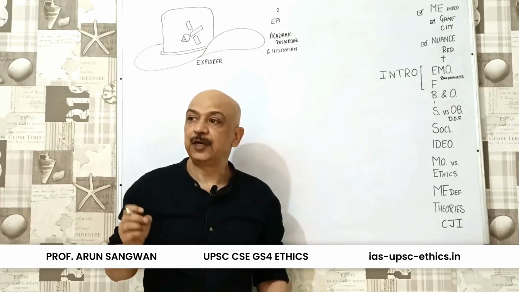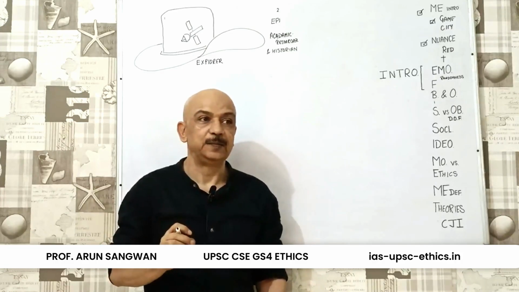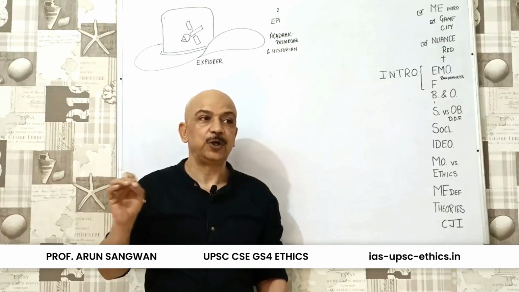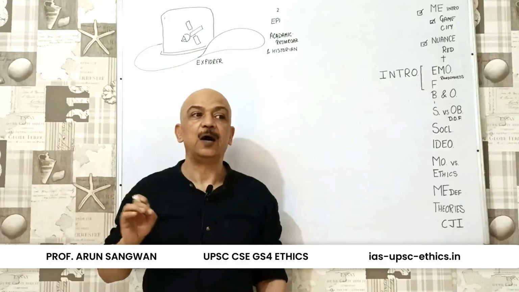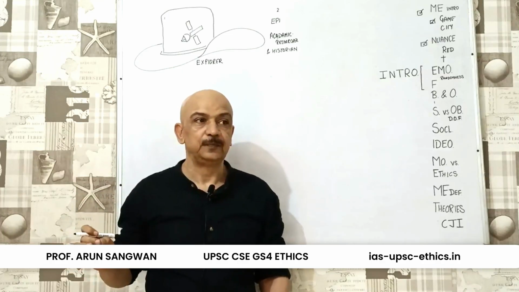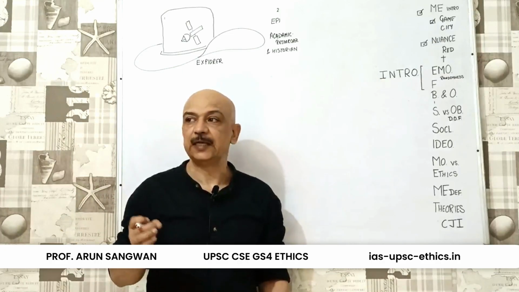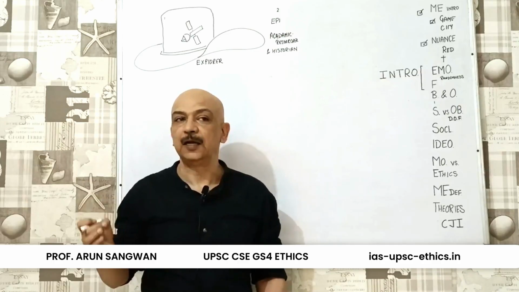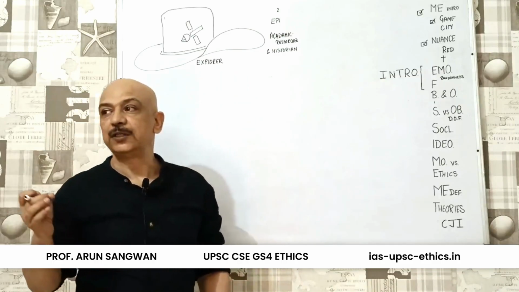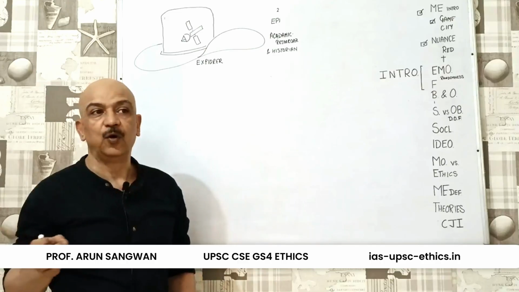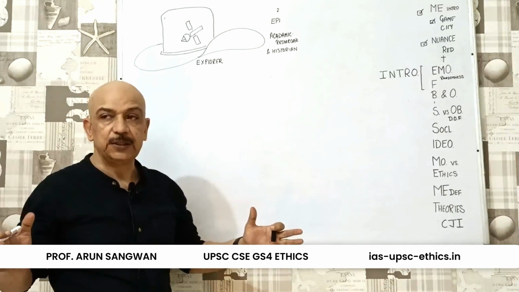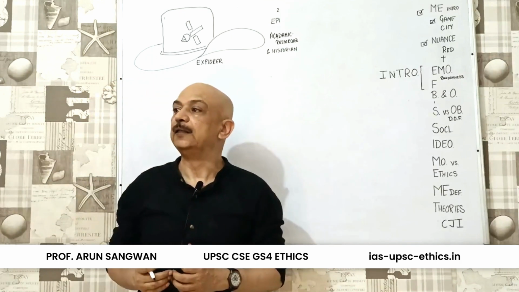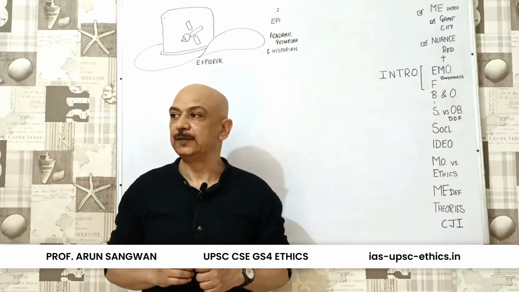Epistemology is the philosophical study of knowledge. Knowledge is what you know. Study of what you know. How do you know? Therefore, there are four things here as I explained in my last session. What is the origin? What is the status? What is the scope of our knowledge? What are the limitations of our knowledge?